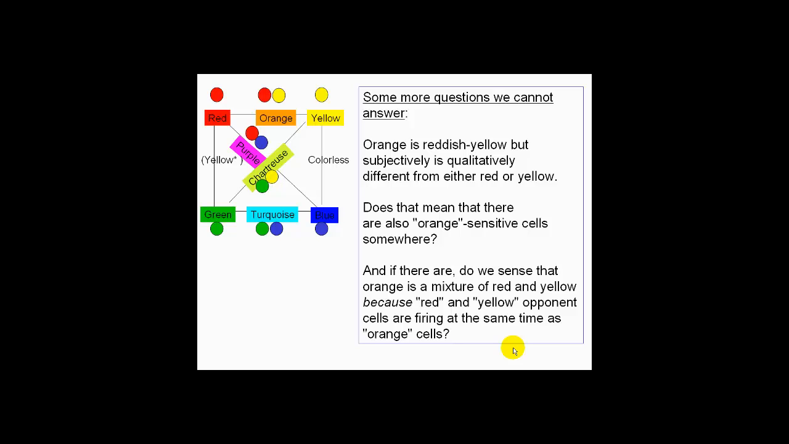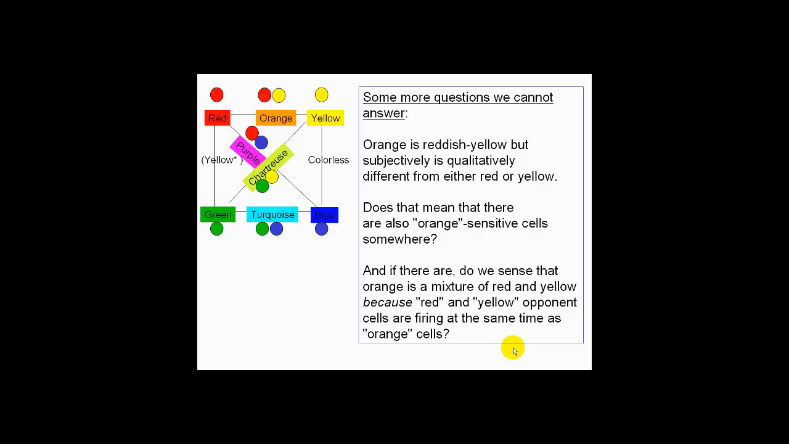And when we look at this, suppose there really are orange, in quotes, orange cells, and we look at it and we say orange is reddish yellow. Is that because there are, in addition to the orange cells firing, these red cells and these yellow cells firing? So the basic question is really only one question, and that is,